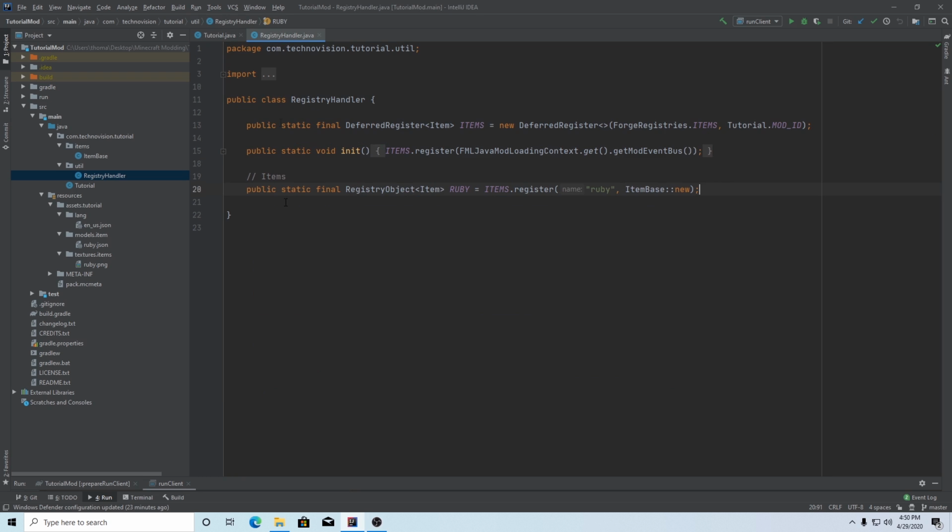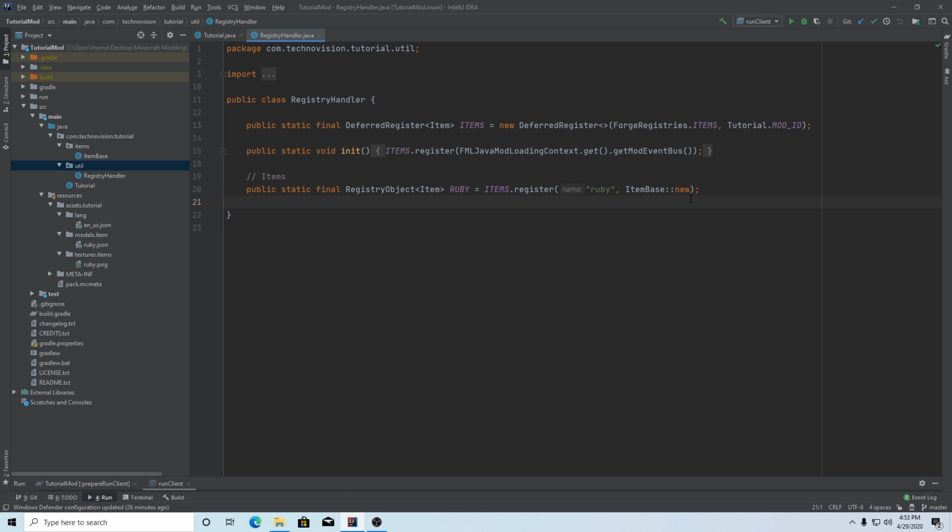come to the registry handler class here, and that's in the util package. And you can see here that we registered our items here. And for the sake of learning purposes, I'm going to actually register all of the objects we make in this class. But I just want to mention that you're welcome to register these different objects, like items and blocks, in separate classes. So if you'd like to have an items class and a blocks class, you can totally do that. I just want to put it all in one place so you can see sort of what it looks like